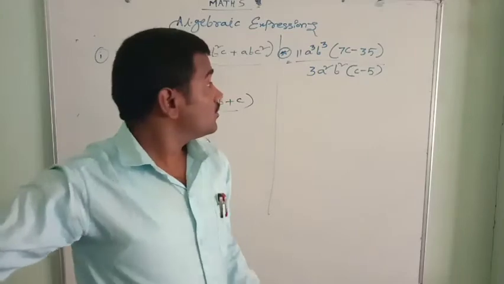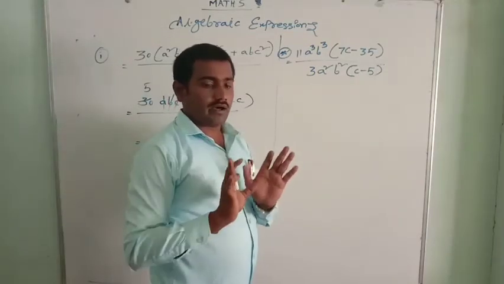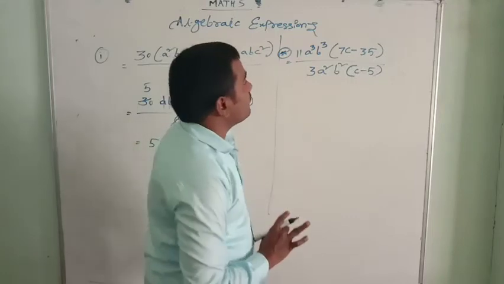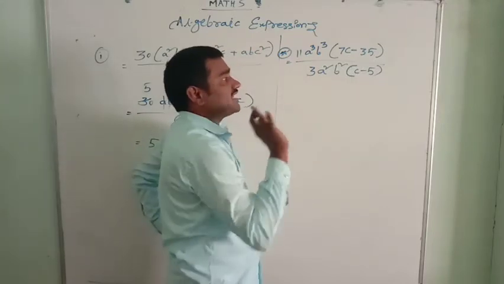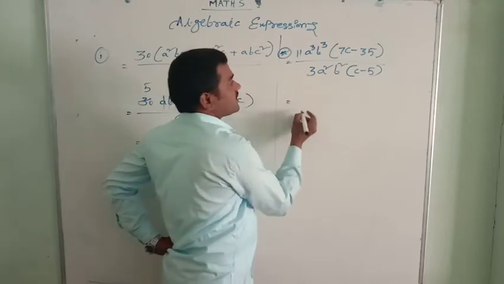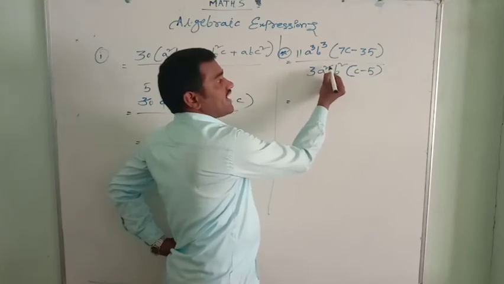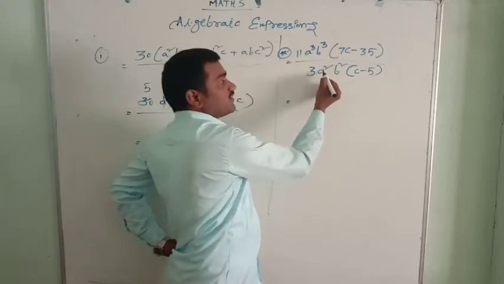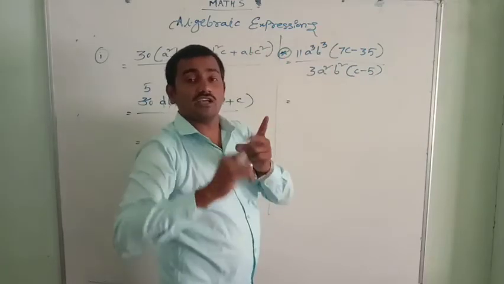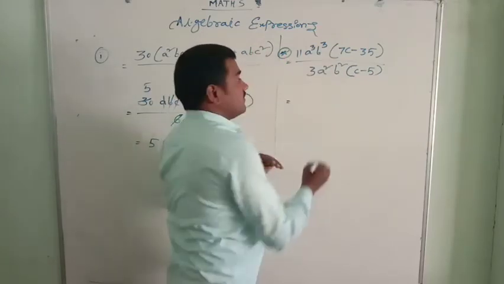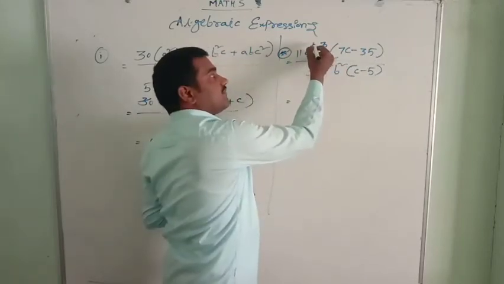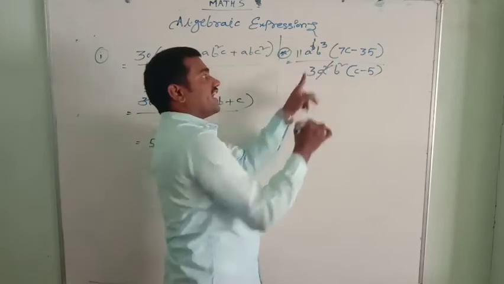See that? Don't feel panicked or worried about how to do this. Very simple. First of all, let us see what we can cancel. Here a square is there, and a to the power of 3 is there. A square means a into a, 2 a's are there. A to the power of 3 means a into a into a, 3 a's are there. The 2 a's we cancel. 3 minus 2 is 1, so one more a is left.